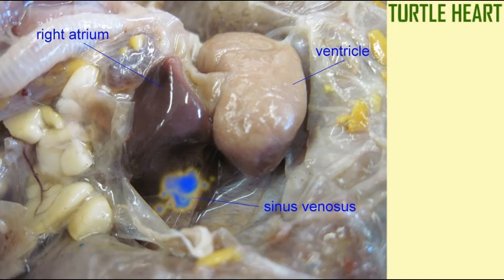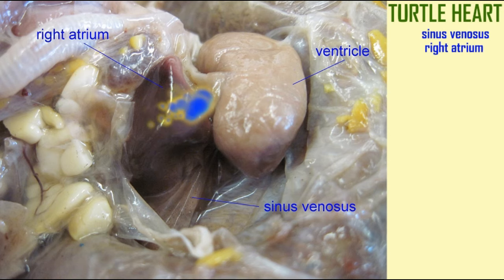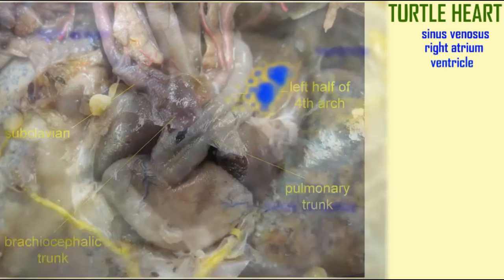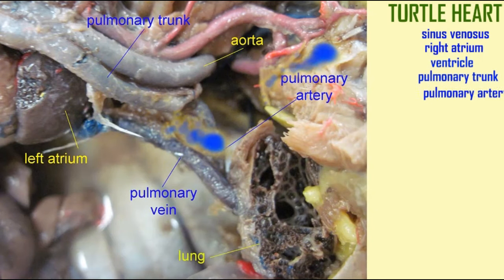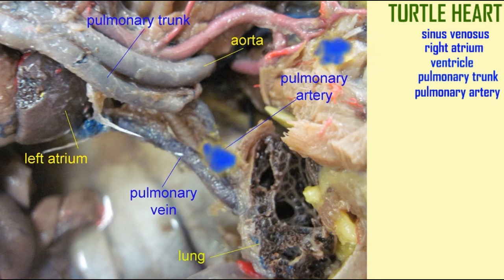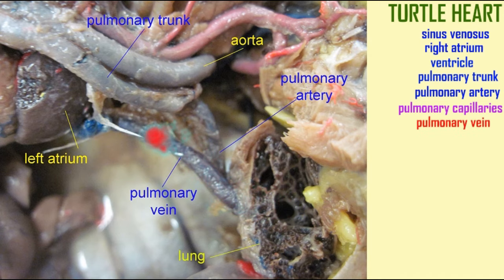As blood flows from the heart to the lungs and back, it begins in the sinus venosus, entering the right atrium, the single ventricle, the pulmonary trunk or common pulmonary artery to the left and right pulmonary arteries, to the lungs where gas is exchanged in the pulmonary capillaries, before returning through the pulmonary veins to the left atrium, the